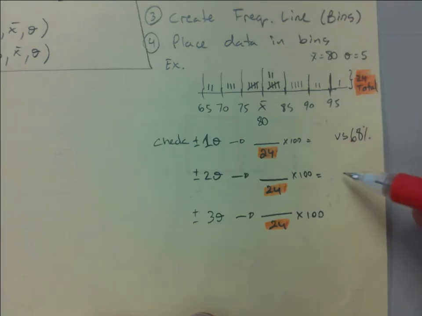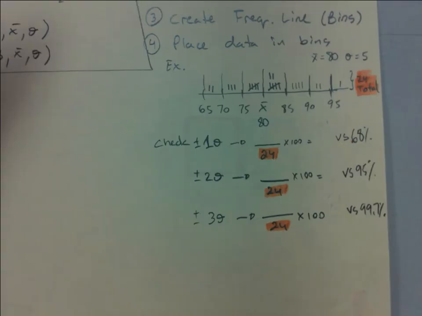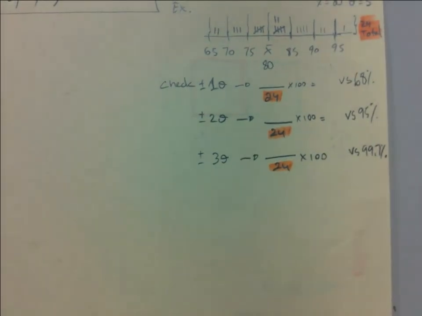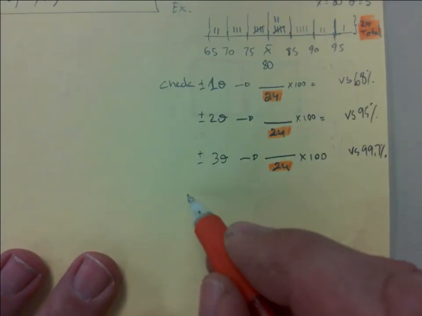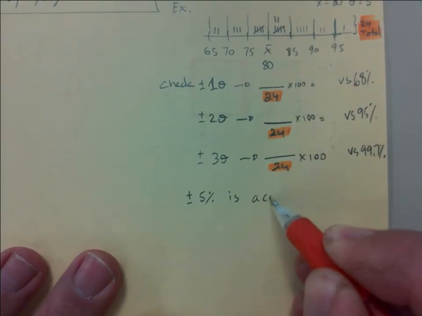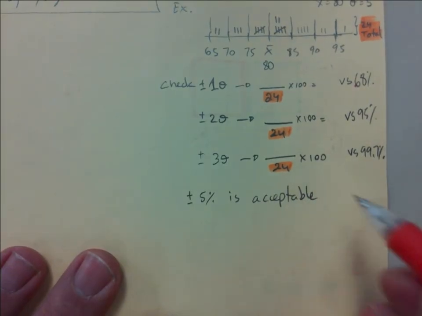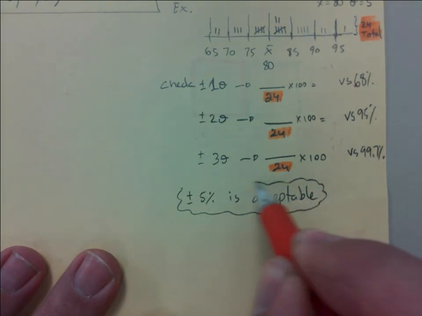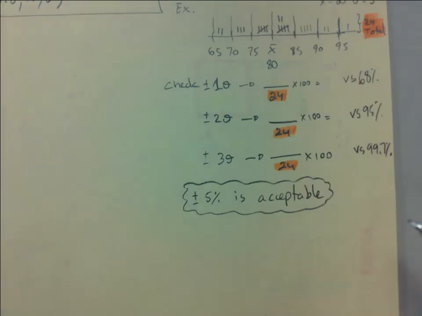68. The second one is 95. The last one is 99.7. Plus or minus 5% is acceptable. Make sure you put this down. Okay, so what I mean by that is if it's above 5% or less than 5% when you compare,